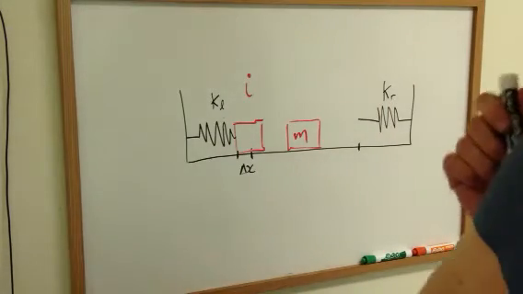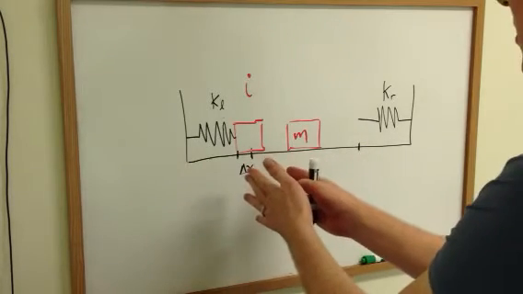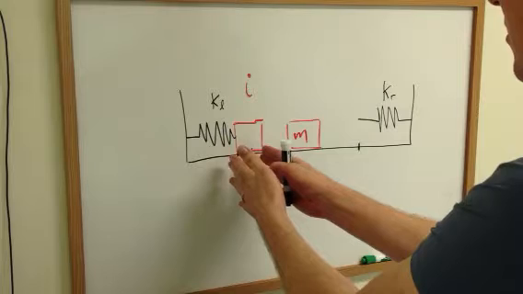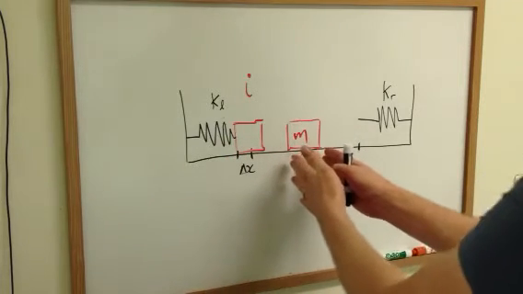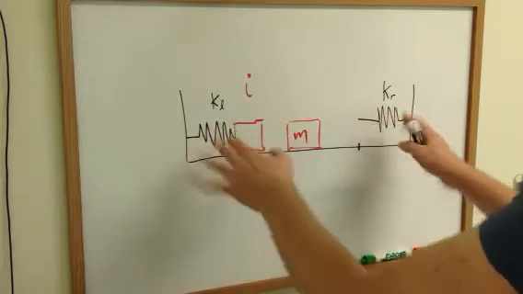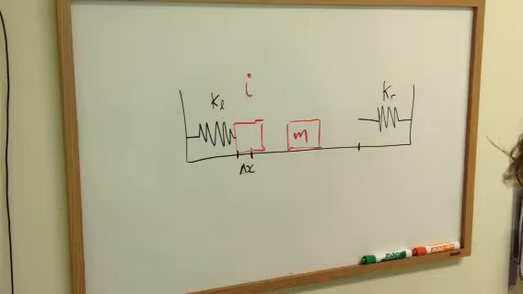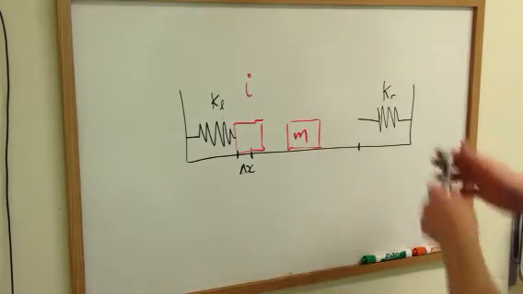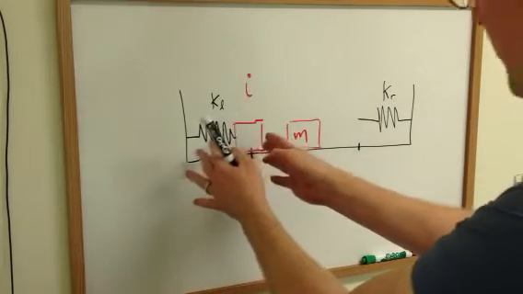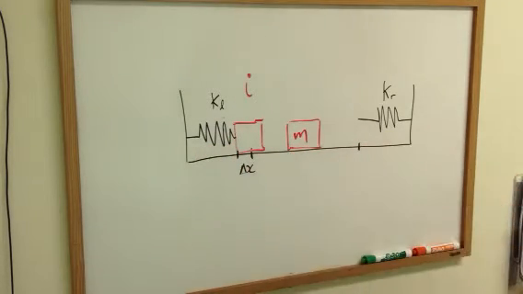And then after it's released, you could imagine it sliding across to be in the middle where it's not squishing any springs, and then you can imagine it squishing this weaker spring. So it's going to launch, slide across to here, slam into this one,